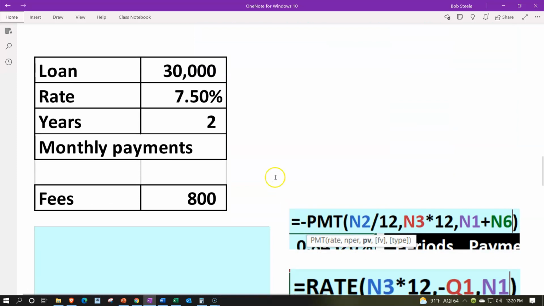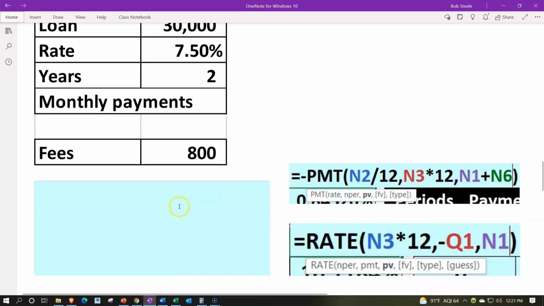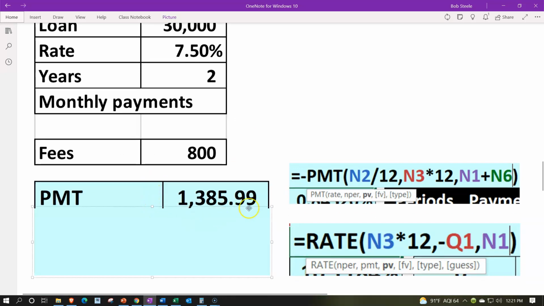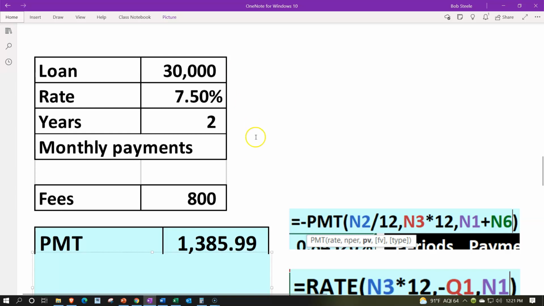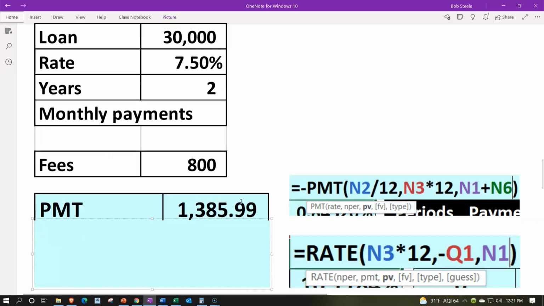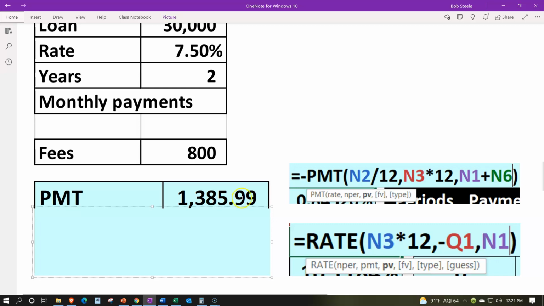Let's look at the second one. This one, we got a $30,000 loan, but the rate is 7.5. Better rate we found, but they charge us more fees. Better rate, more fees. Let's do the same calculation. We're going to take the payment calculation equals negative PMT, brackets, the rate. The rate is going to be the 7.5% this time divided by 12, to get the monthly rate, comma, number of periods. Number of periods would be the 2 years times 12 to get to the 24 periods, comma, and then the present value, not the $30,000 because they tacked on the loan, $30,000 plus the $800, $30,800 would give us a payment that we're going to have to pay each month of